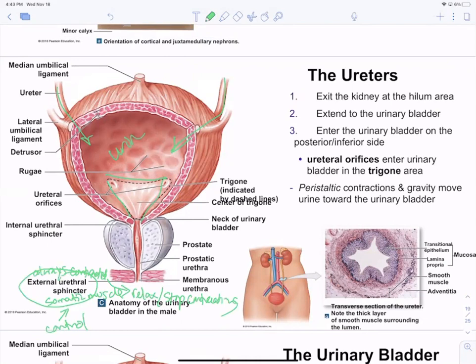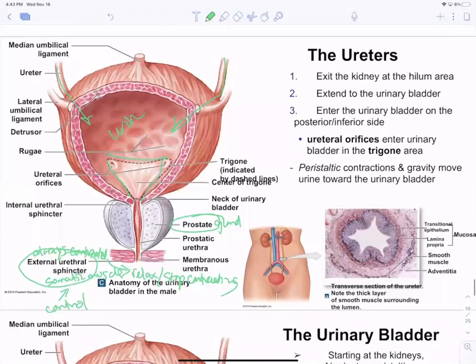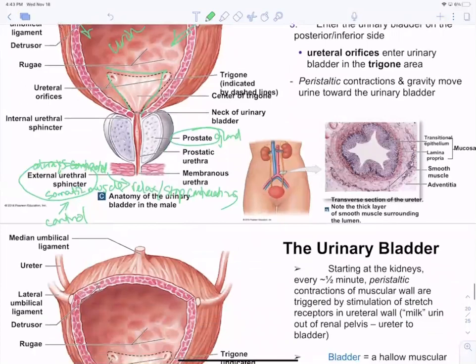Now, this is a male bladder. I know that because the urethra of a male goes through the prostate gland, and women don't have prostate glands. So we'll talk about that in our last chapter. But ureters, they're little muscular tubes as well, and they send urine filtrate to the bladder. And